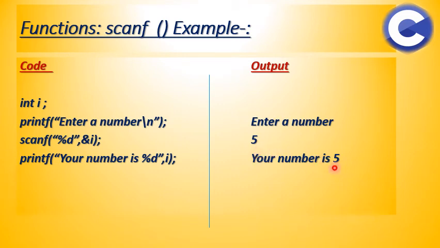Now a question can come to your mind: here I used \n for going to the next line, but when the user has input 5, whatever I print after that automatically goes to the next line, so I don't need to put a \n here. This is a rule I want you to know: if you use the printf function 2 times consecutively, then it may happen that one goes right after the other. That means it will concatenate or continue, so you need a \n there to separate them.